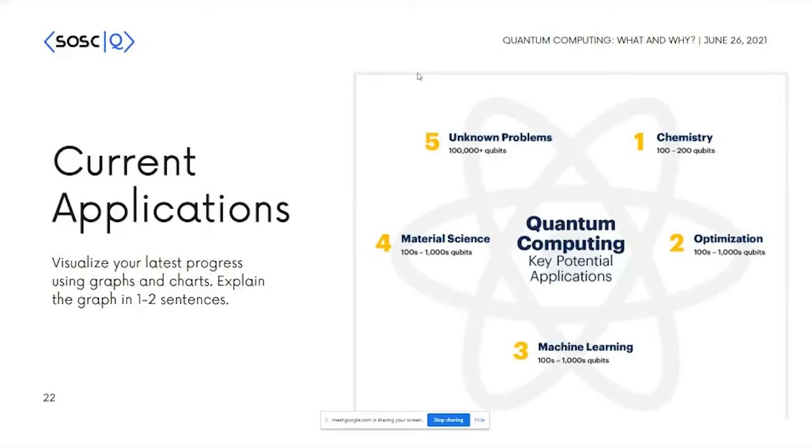Next is optimizations, which is mostly what it is used for right now. The computer which I told you about, D-Wave, which Google is using, is being used by a lot of companies. So optimizations would be your supply chain optimizations, your traveling salesman problems, or basically something where you have to determine certain pathways to certain resources, right? So optimization problems are something that's being very much looked into, and I'm personally looking into one of the projects on optimizations in supply chain. So it's something very interesting.